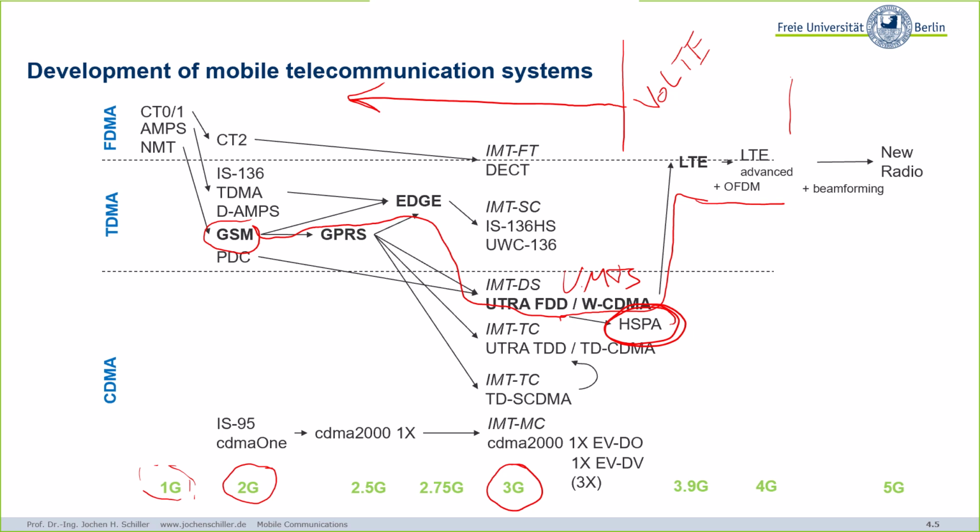And now in the standardization, you will find the term new radio. New radio, that is whatever it needs for the fifth generation. There we apply beamforming, much lower latency, different frequencies, whatever. But we still use, for example, LTE. We still use LTE, but now on different frequencies. So it's not the case that from the fourth to the fifth generation, we kick out the complete LTE stuff and now we have something completely new.